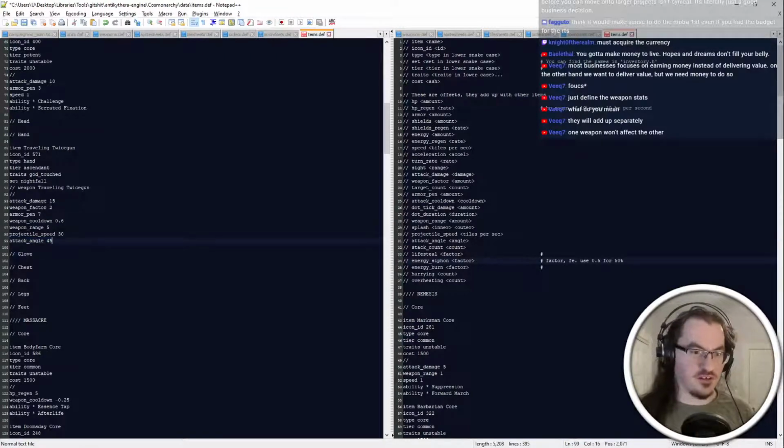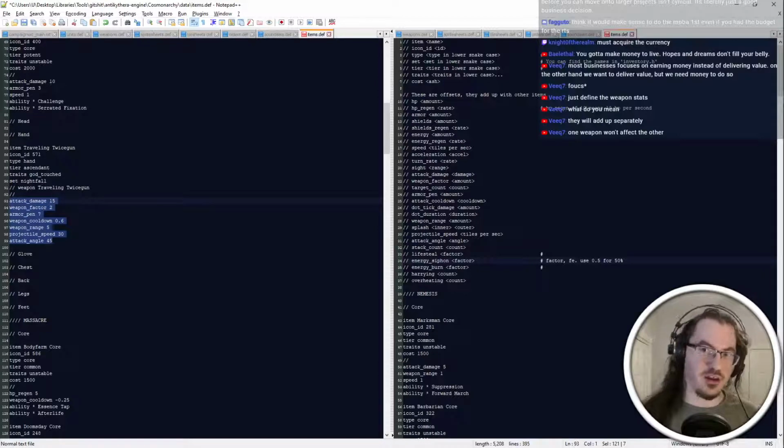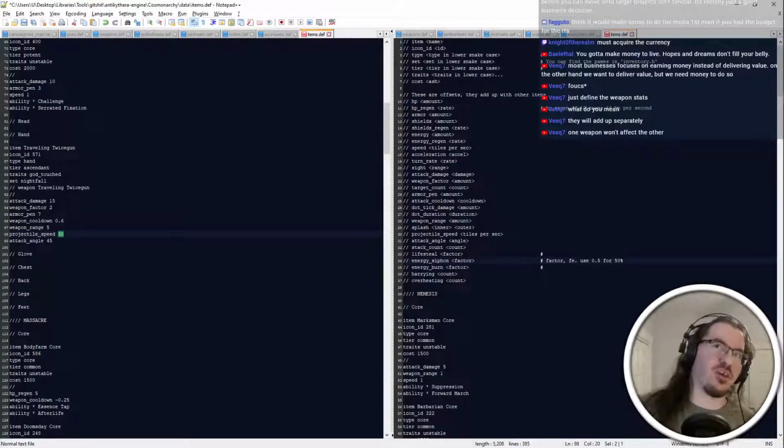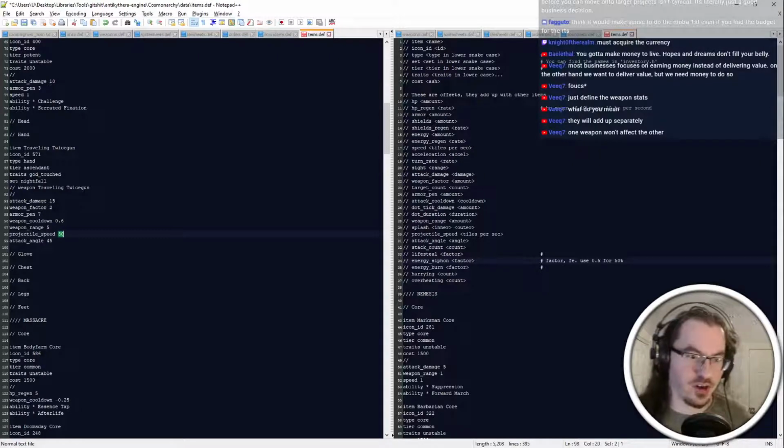Also, projectile speed, like some of these stats need to be the base that are then modulated by the offset stats. So, all of these are that way, actually. Like, when you get minus 0.05 weapon cooldown, it needs to be taking that out of 0.6 as opposed to some other number. That might be a bad example because that's pretty easy to figure out. But projectile speed, 30 can't be added to what you already have. 30 has to be added or subtracted by the other things. It has to be the number that you're operating on. And then obviously if you have another weapon, then it has to do that differently. So